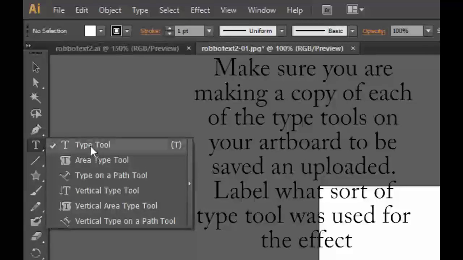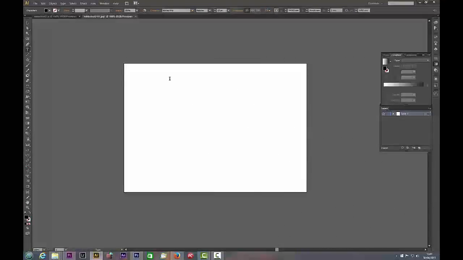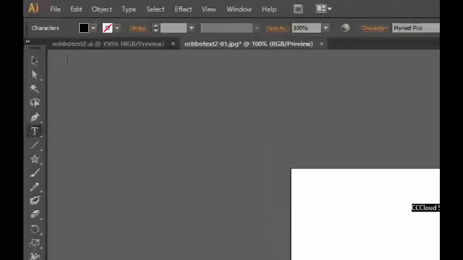Obviously with the type tool it's pretty simple. You can just simply click onto your board and then type something. So we're going to type in our usual cccloud school. So there it is. Now, as with Word, Publisher, all those simple programs, you need to highlight to do things to it, or alternatively